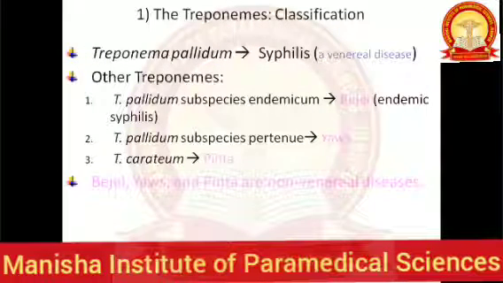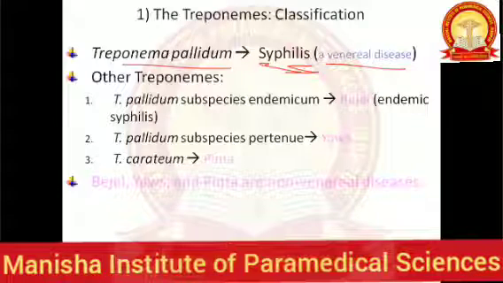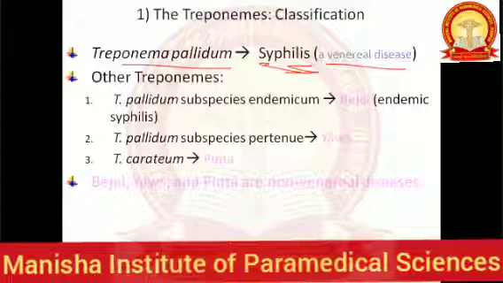Now if we go through the classification scheme, we can see Treponema pallidum is a causative agent of syphilis, as we know. Now syphilis is a venereal disease. This is also among the sexually transmitted diseases, and this syphilis disease is really dangerous, because this disease usually does not set in spontaneously,